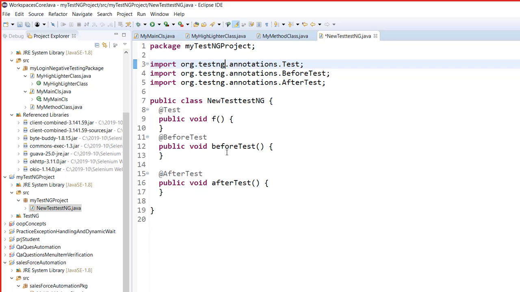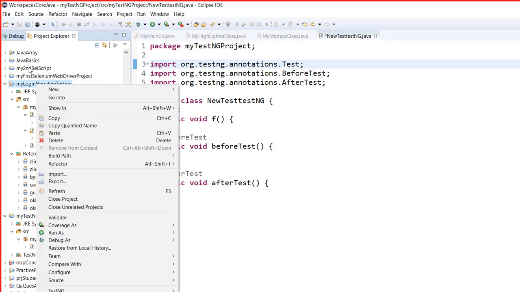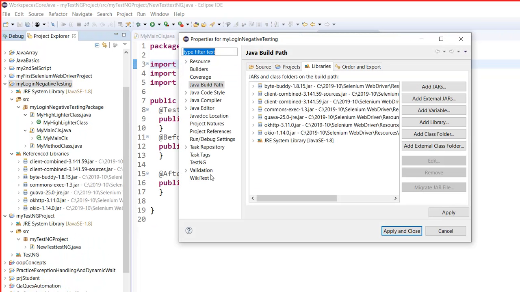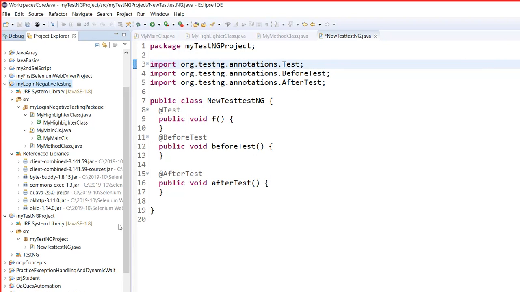Now let me show you what you are going to do. Remember that you have all the methods inside my main class, my highlighted class, everything is there already, right? So what you do, see where that project is. Let's say, can you see my login? Go to properties and see where that particular project is, and then from here